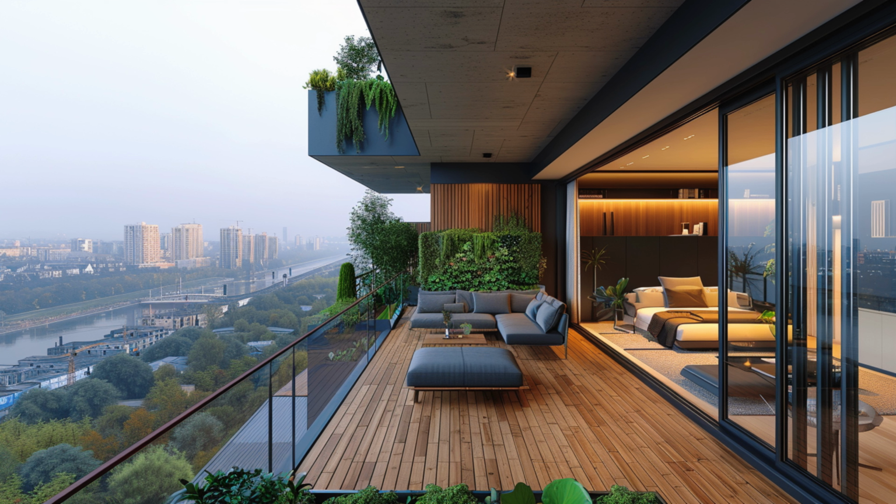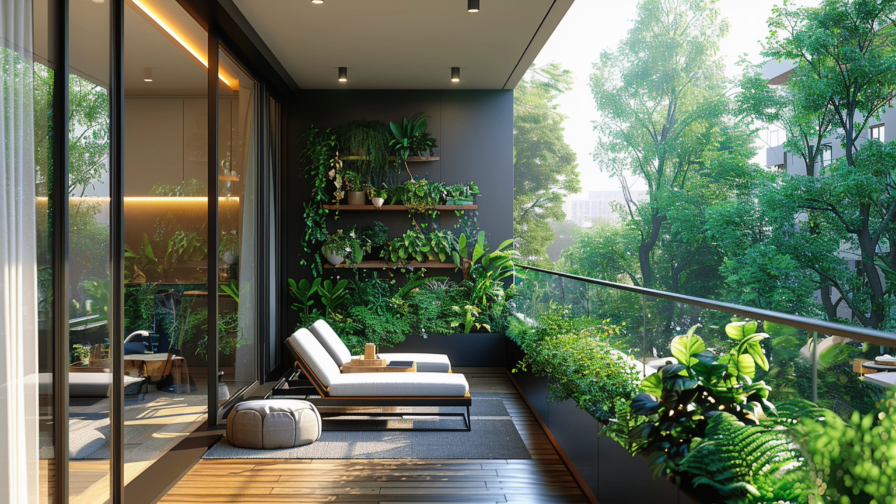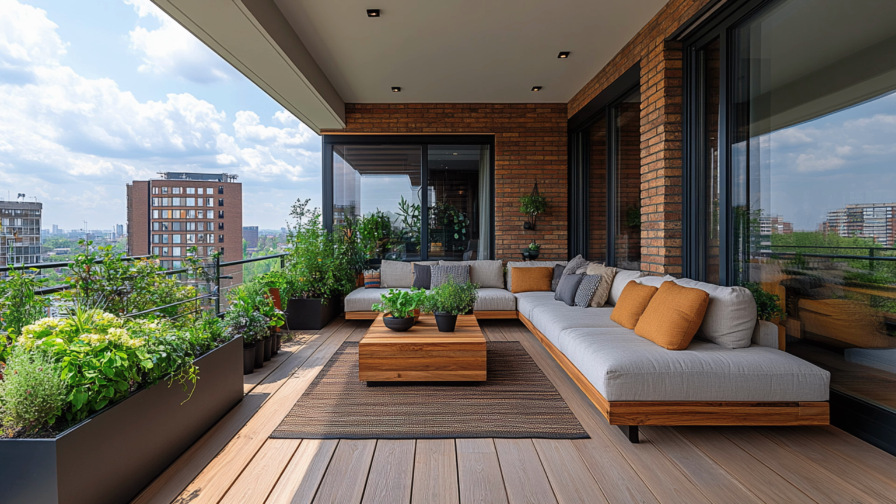A modern, expansive high-rise balcony overlooking a cityscape and river. Hyperrealistic. A large section of the balcony is a light brown wooden deck, furnished with a gray sectional sofa, a gray ottoman, and a small side table. A lush, vertical garden of greenery is integrated into the balcony's design, contributing to a verdant aesthetic. The balcony has a glass railing extending from the edge providing full views of the city and river below, while